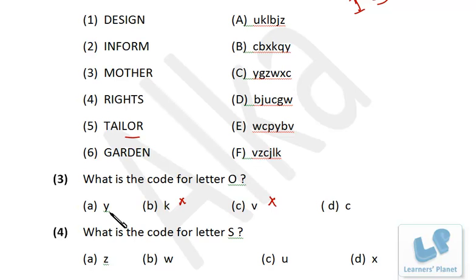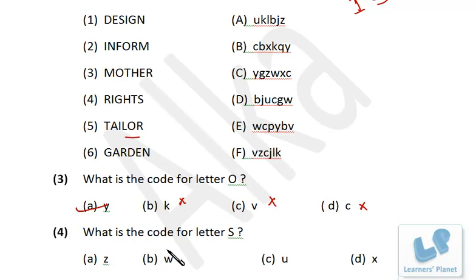Now I just see where else I can see any of Y and C. See, in this word GARDEN, there is no O there, but we have C over there. That means C is code for some other letter, not for O, right? Because there is no O over here, but still C is there. So C is not the correct choice. That means O is actually Y, right? Friends, you must be observing that we are taking different strategies to solve this question, right? So you have to practice with this sort of strategies to save your time.